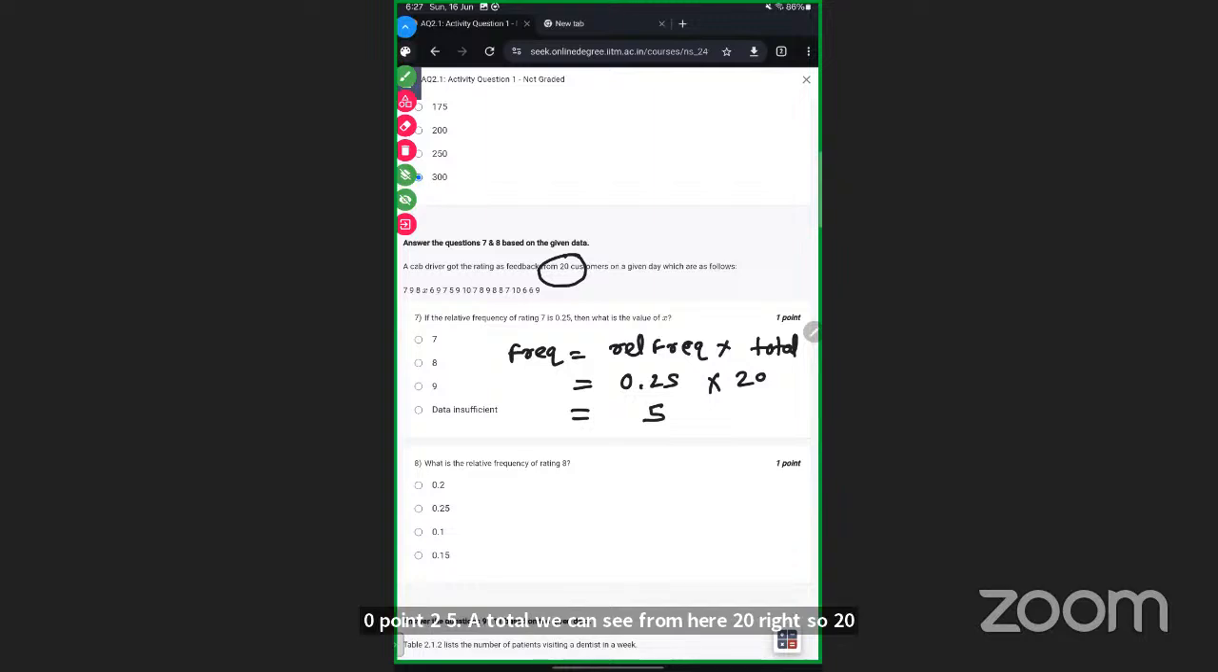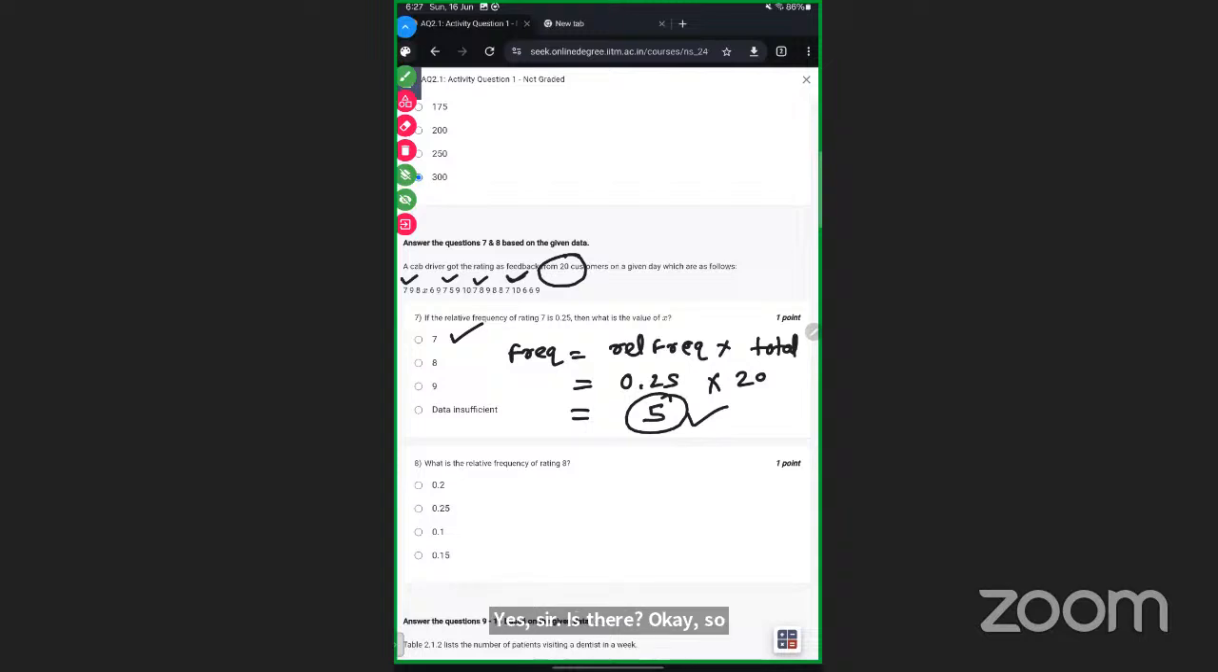Let's see how many 7s we have. 1, 2, 3, and 4 only, right? So if X becomes 7, then only this is possible. So the X value should be 7. Okay, and then they are asking what is the